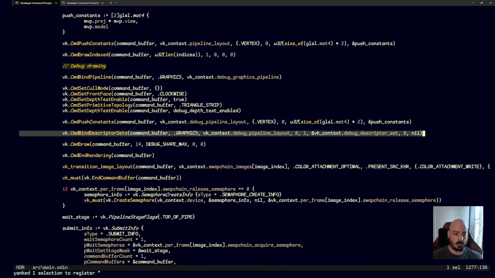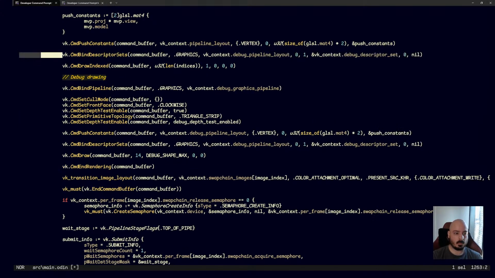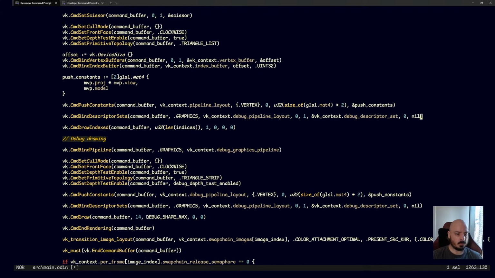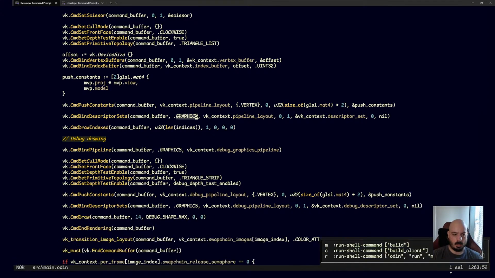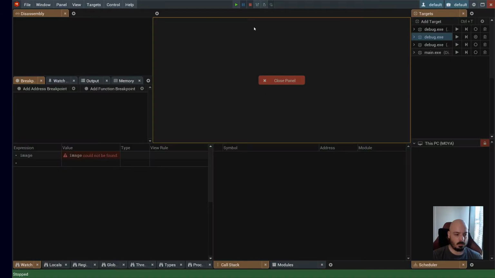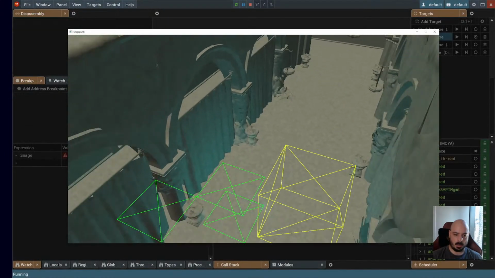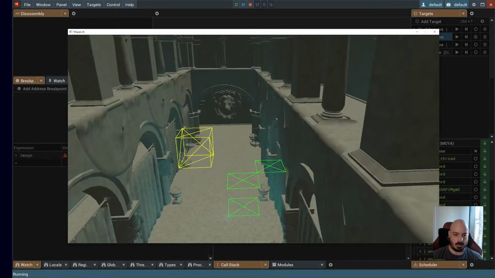Bind descriptor set. So we need to do this in the other drawer. What is this called? The default drawer call, pipeline layout, and we want pipe normal descriptor set. And yeah, that should be fine. Okay, that's good. No Vulkan errors, that's good. The lighting is still working, that's also good. Now,